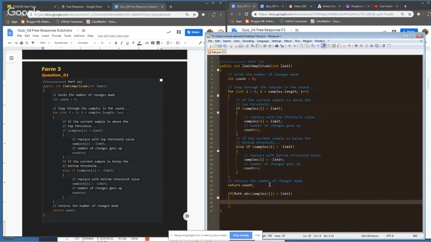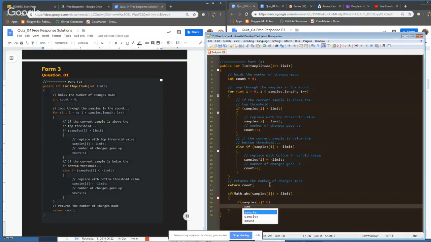Then we would say if samples at position I is less than 0, then we would replace it with a negative version of the limit, right? Otherwise,